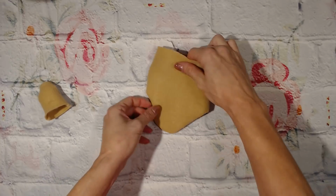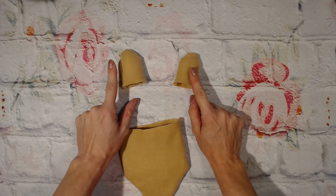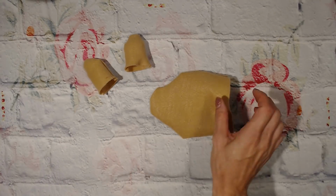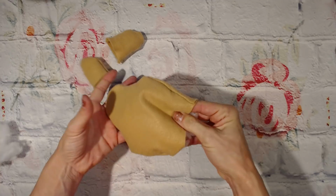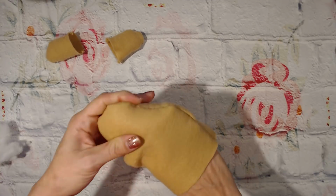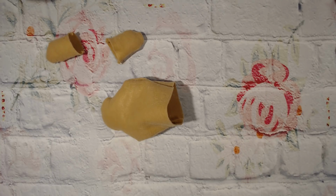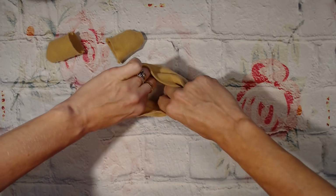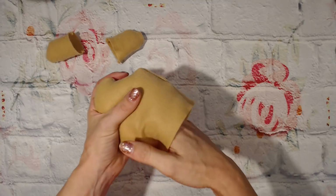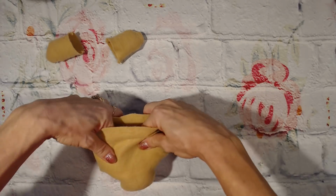So there you have your horse unicorn face. Make sure it's all punched out. Then you turn inside the ears also, fill it with stuffing. So now for the face, putting the stuffing in, we're just going to shove this in here. Get some more in there. You can make it as full as you want, as flat as you want. Kind of tuck it in the corners there of the mouth corners here, give it more definition. And then grab more stuffing. So once it's all stuffed in there like that, and you have it as fat as you would like,